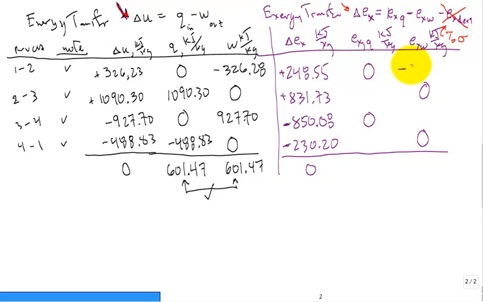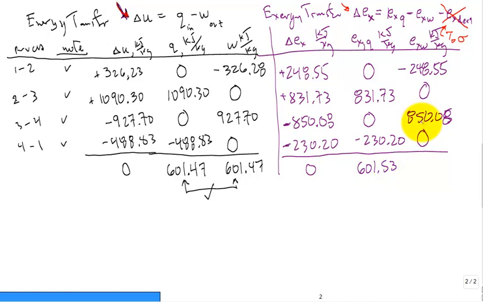negative 248.55. Do it for the heat transfer. Go back to the Exergy balance equation for the process 2 to 3, and we find that it's in 831.73. That's a positive in front of it. Then I'm a negative of a negative 850.05. Or is that 08? Sorry. And then over here, it's the negative 230.20. When we do the sum of the Exergy transfers with the heat coming in, we find